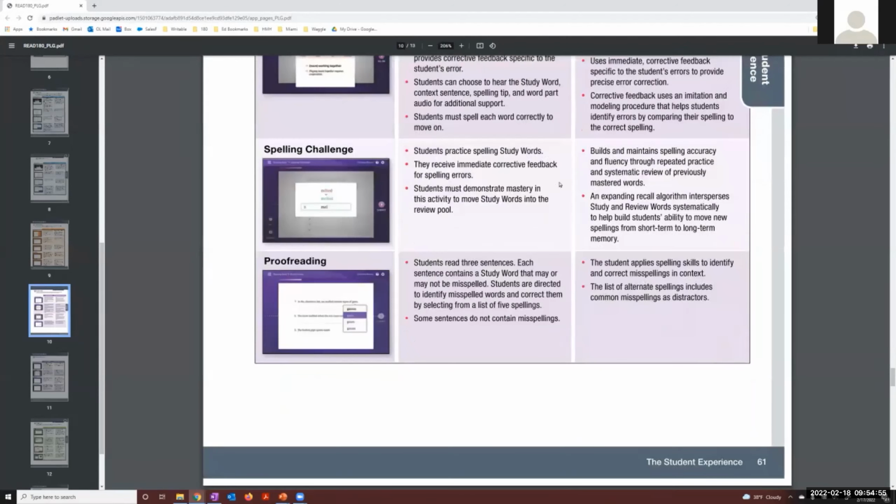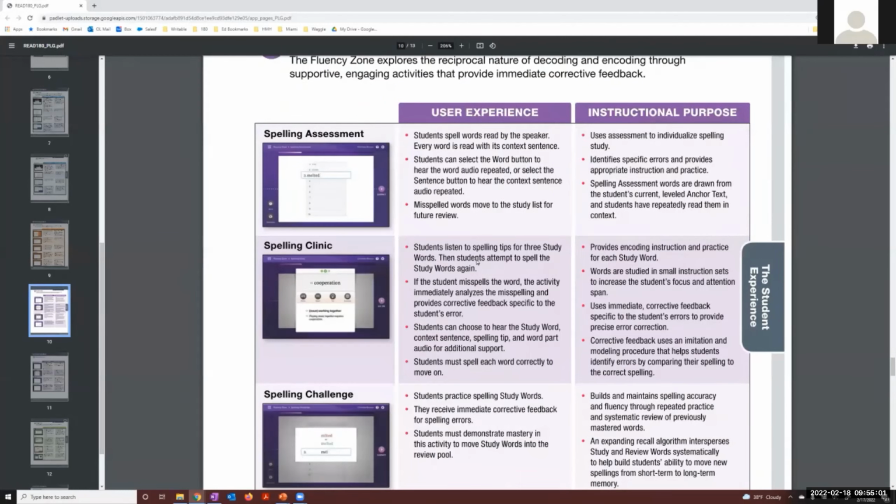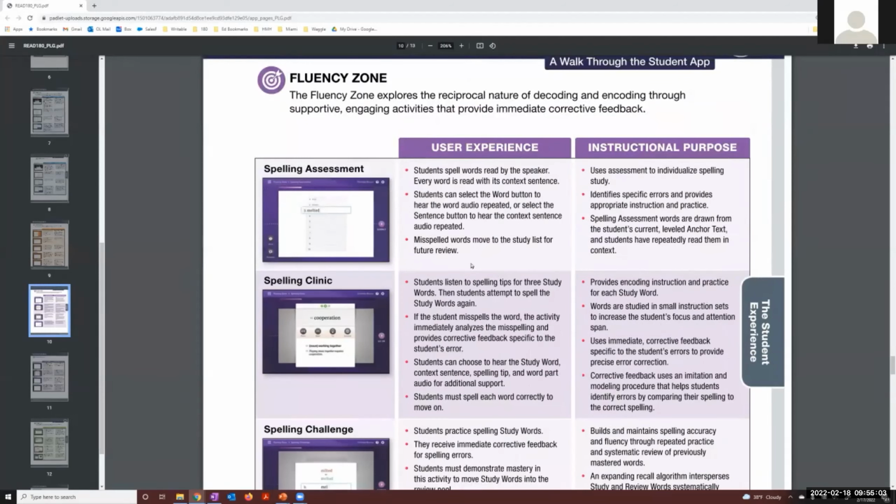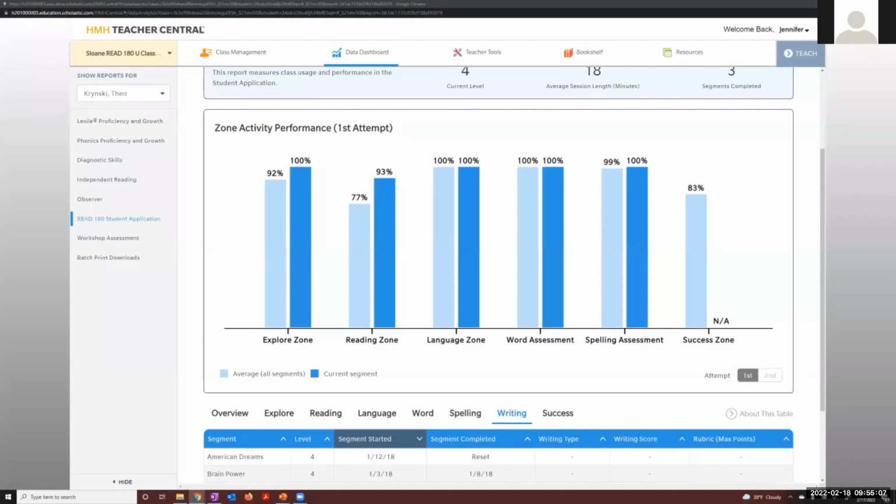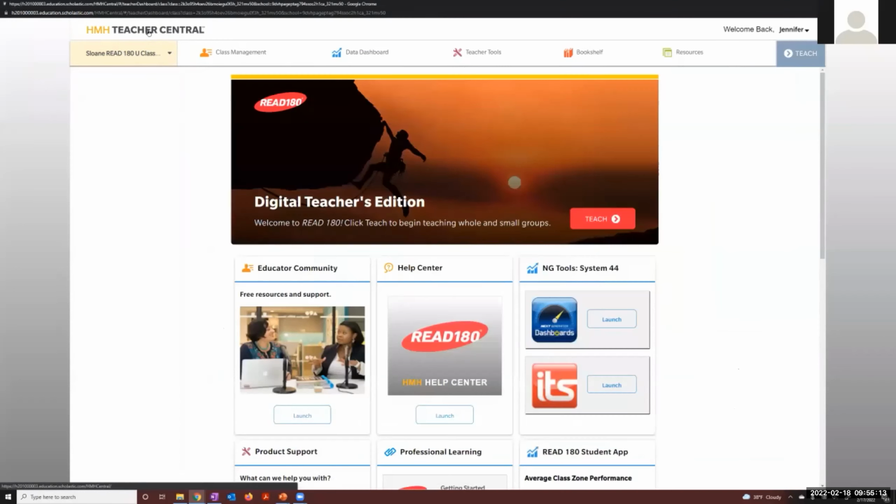And you'll see those screenshots, you'll see exactly how it works. So if you need to help kind of troubleshoot and work through each one of those, you can certainly do that. There's some other resources that I'd like to point out as well. So if we are in Teacher Central, if we click the top left icon,